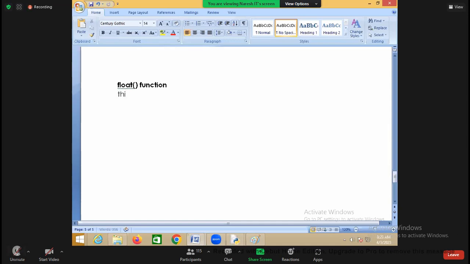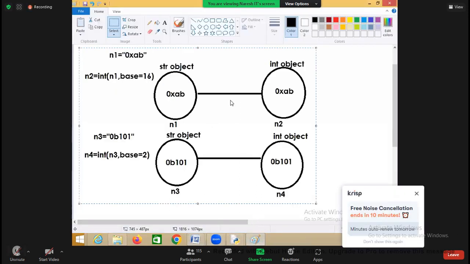Okay, now this function, see, it is also a built-in function, and this function returns which value? Float value. Or creates which object? Float object. This function returns a float value or creates a float object. Very important. All these conversion functions are very important because when you are working with data science,